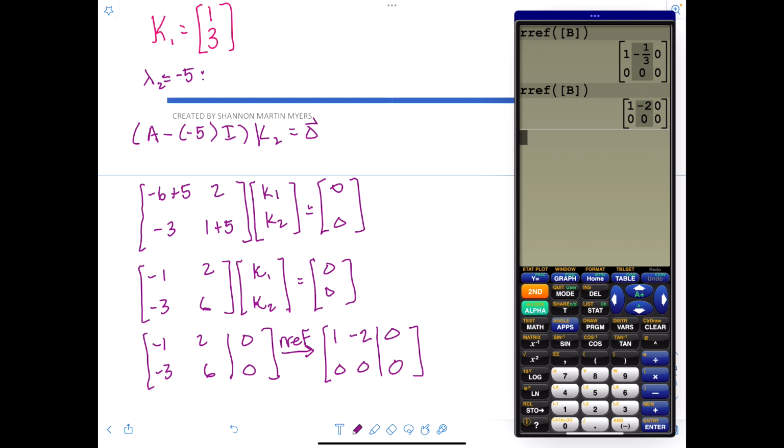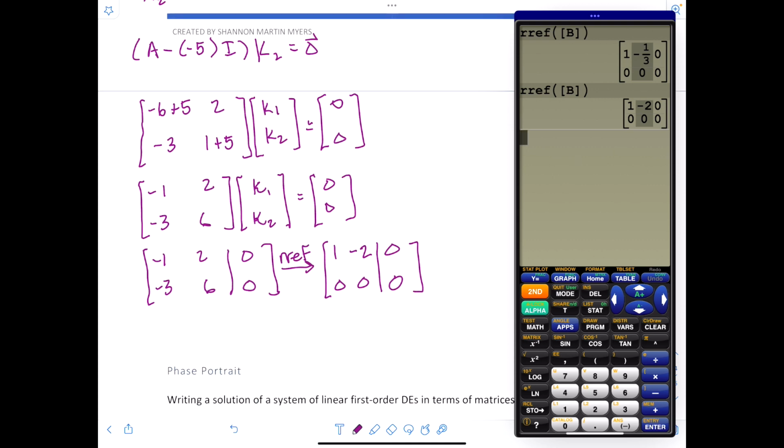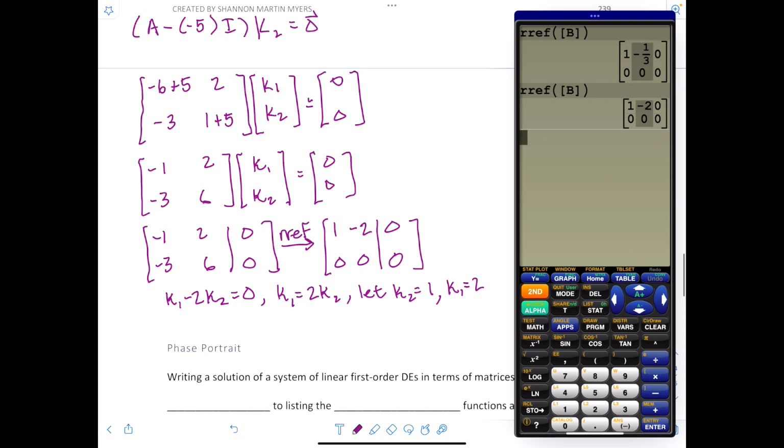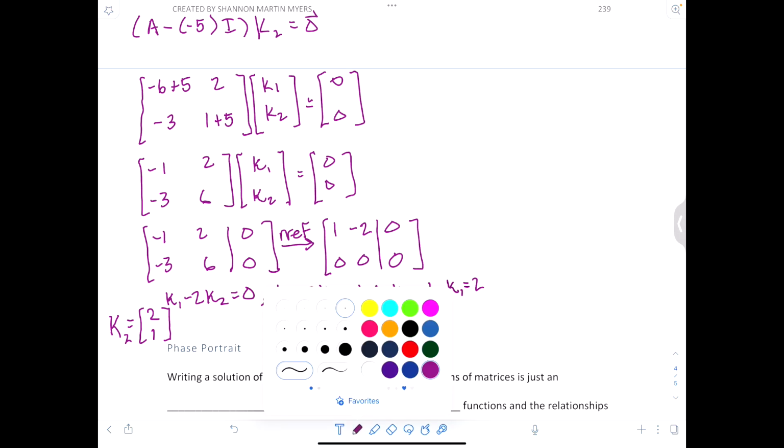All right, so this is going to give us that K1 minus 2, K2 is 0. That means that K1 is 2 times K2. If we let K2 equal to 1, then K1 will be 2. And so our second eigenvector, K2, is going to be 2, 1. Groovy? Okay, so now let's put it together, because at the end of the day, we wanted to find our